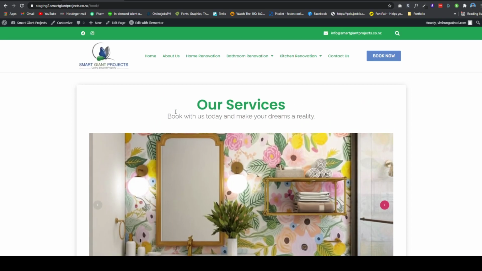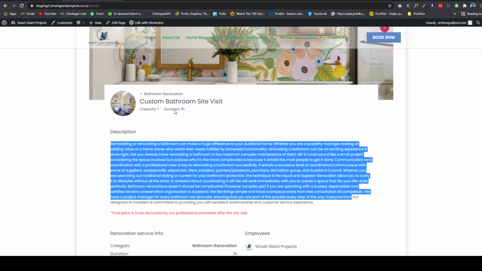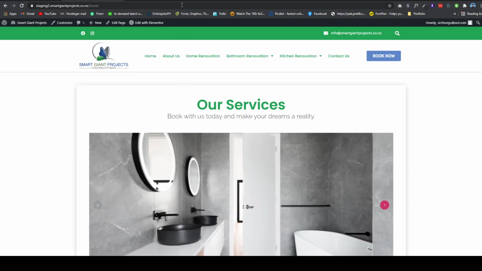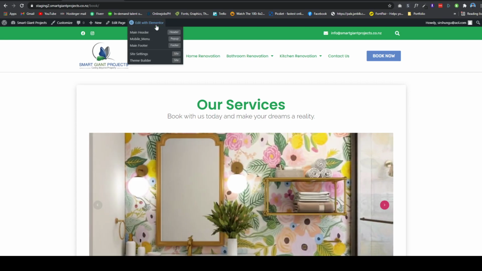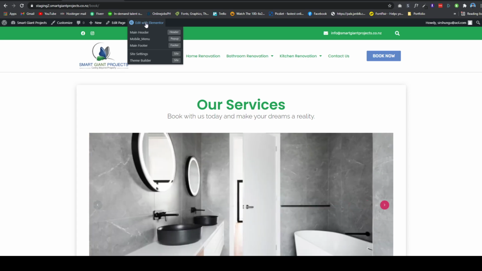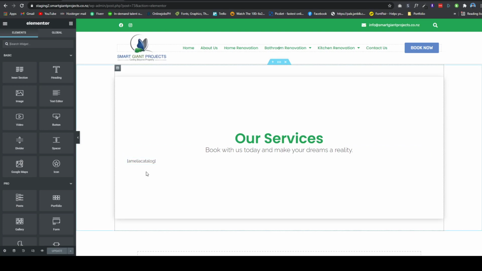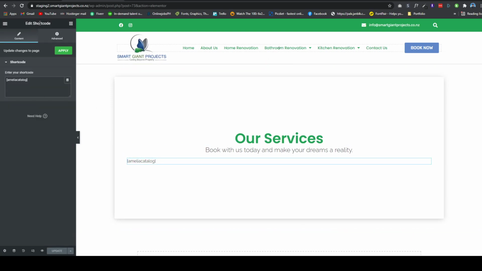By that you can actually create this. So by creating that, you just need the short code. On my end, I use the catalog short code. If you do use Elementor, let me just show you how to add it on the back end. This is just really simple. You just need to use the shortcode,